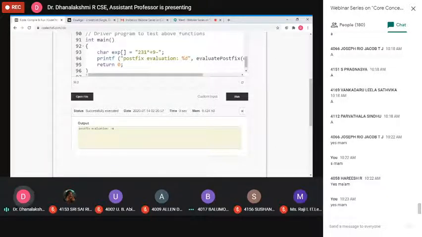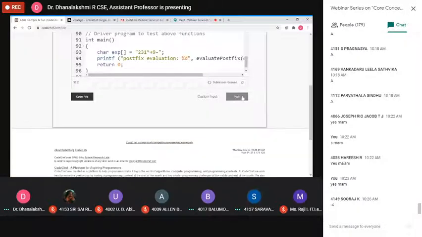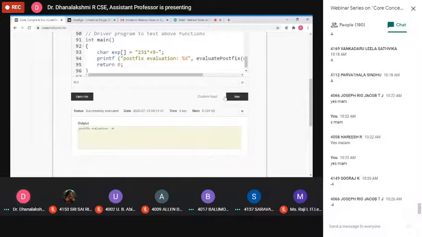What is the output of this expression? Suraj also, very good. Your answer is 4. So the postfix evaluation is equal to 4. Okay, this is your final output.